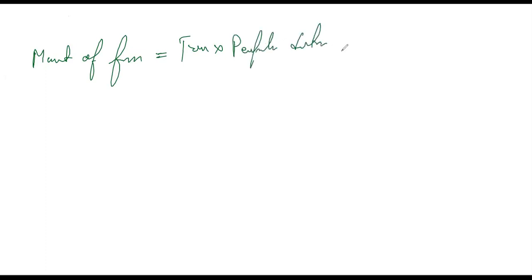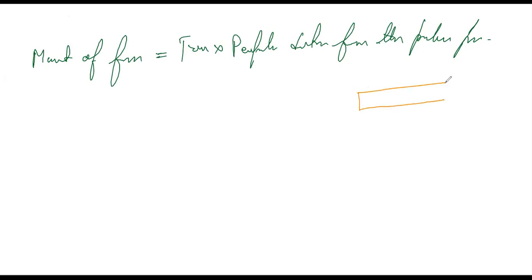Perpendicular distance from the pivoted point. Suppose there is a wooden plank like this, and it is pivoted from this point, and you are exerting a force at this particular point. Then the distance between this pivoted point and this point will be the perpendicular distance between the force and the